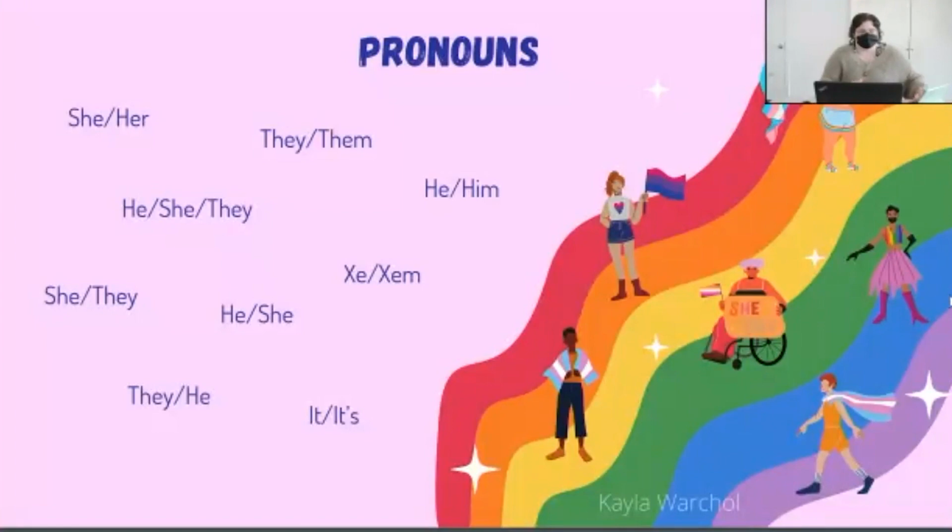Now to pronouns. So this is just a few examples of pronouns that people might have. You have sort of the very classic ones, such as she, her, he, him. There's they, them. There's also a lot of people nowadays that go by she, they, he, she, or they just say that they use all pronouns. It's an ever-evolving kind of social continuum that we find ourselves on when it comes to pronouns, and just realizing that the possibilities are endless with that,